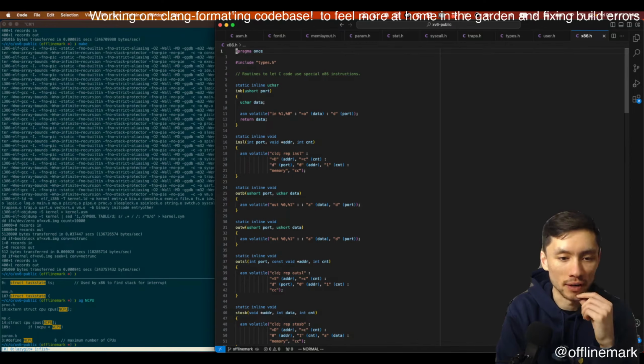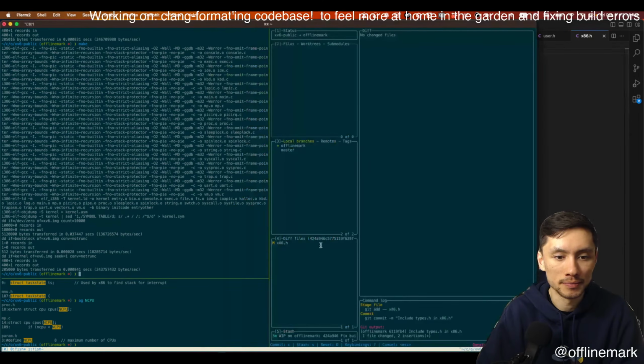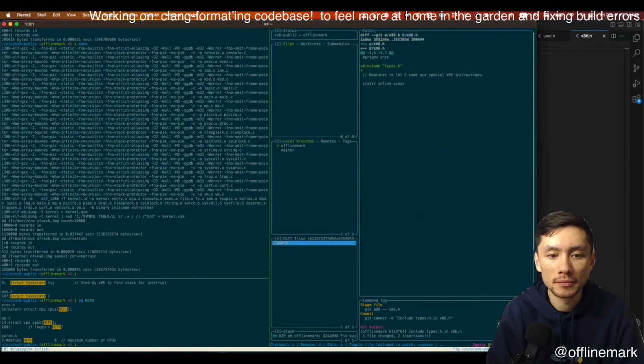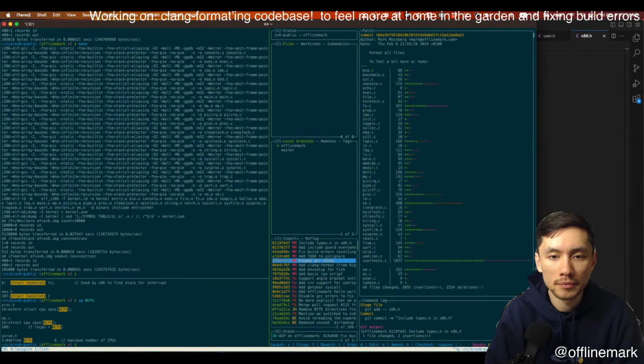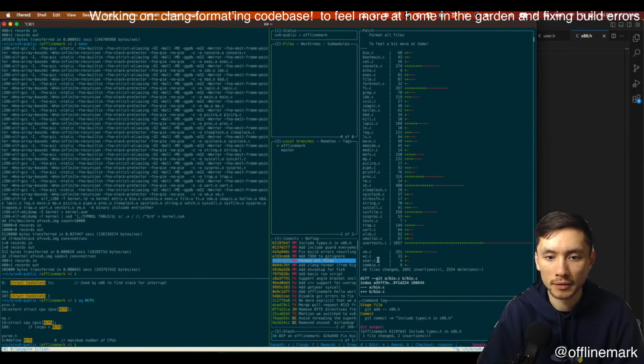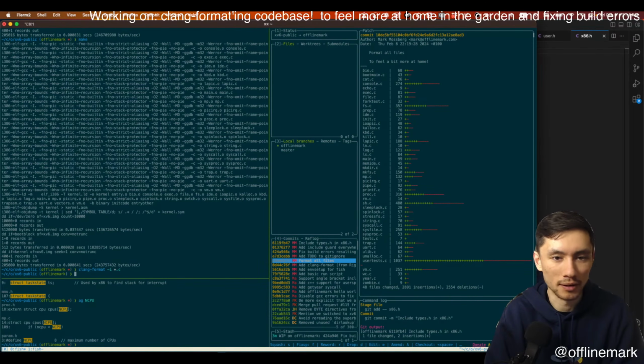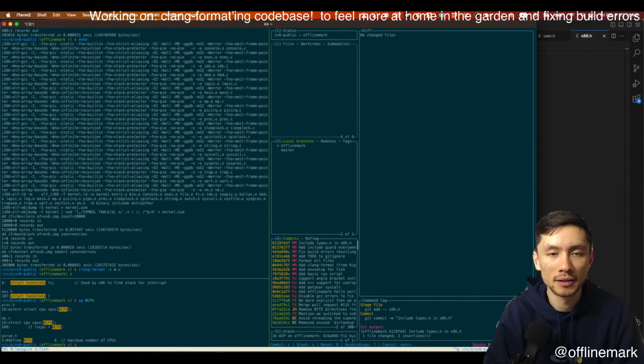Something is actually kind of odd with this file. This file does not look Clang formatted. How is that possible? Is it because it starts with an X or something like that?